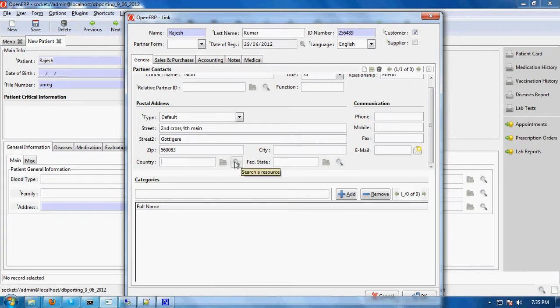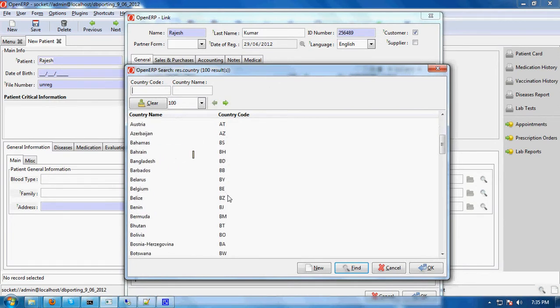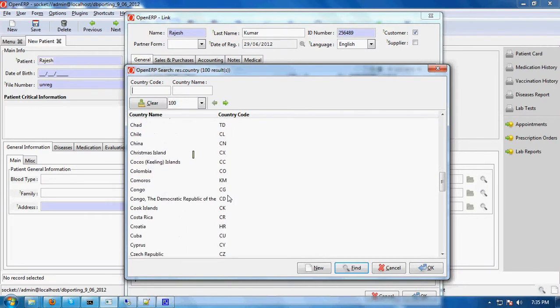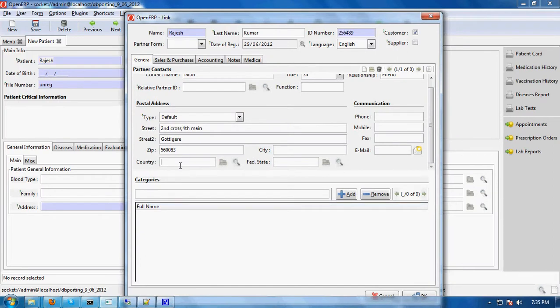See, here you can see all the country names with the corresponding code. So you can choose here. If you know the code, you can easily access it. For India, I will press IN, and India will come automatically. For Tanzania, TZ, Tanzania will come automatically. Like that, you will enter the country name.